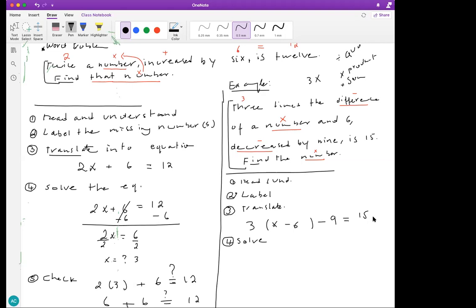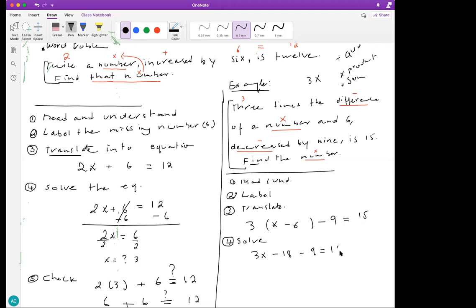So what's the first thing you do to solve this equation here? What is the first thing you do? Distribution, 3 times x and 3 times minus 6. Very good. So we're going to distribute this 3 over. 3x minus 18, 3 times. Bring the negative 9 down,